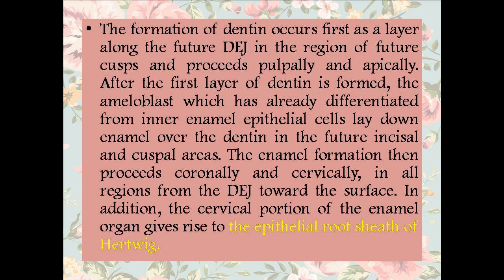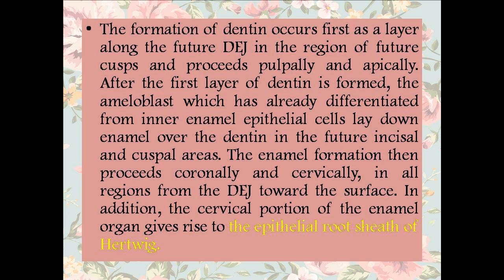After the first layer of dentine is formed, the ameloblasts, which have already differentiated from the inner enamel epithelium, lay down the enamel over the dentine in the future incisal and cuspal areas. So always remember, enamel formation begins only after a first layer of dentine is formed. The enamel formation then proceeds coronally and cervically in all the regions from the DEJ, that is, dentino-enamel junction,